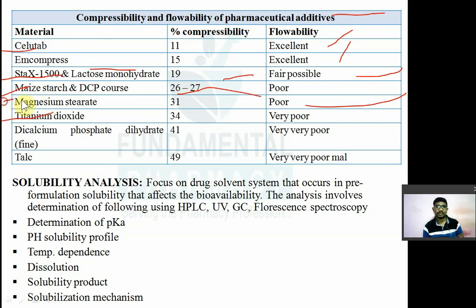Then magnesium stearate is a lubricant and glidant with compressibility of 36% and very poor flow. Titanium dioxide has 34% compressibility, poor flowability. Dicalcium phosphate, very poor flowability. Talc, very poor flowability. Now next part is I will show the